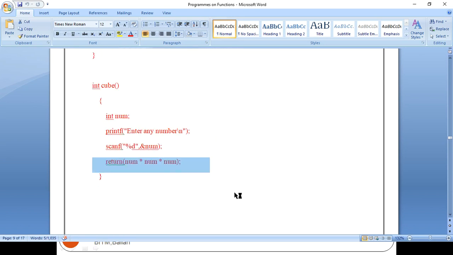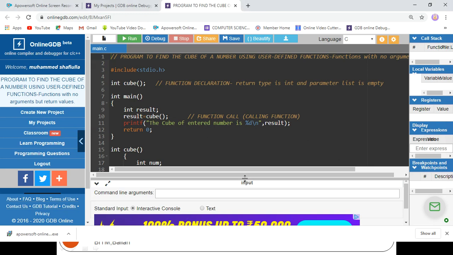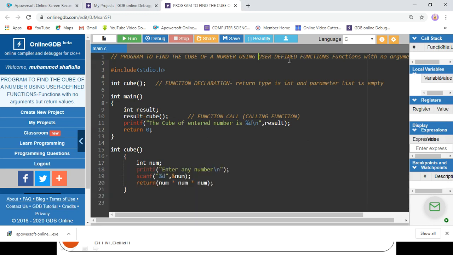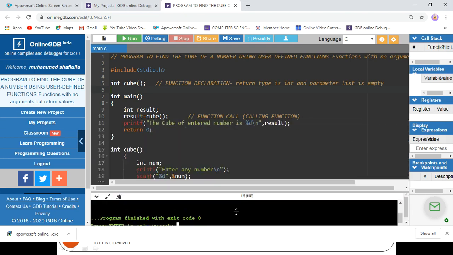Finally it will print. Let us run this code. Same code to find the cube of a number using user defined functions, functions with no arguments, but with the return value. So I get enter any number, I give 4, and it says cube of entered number is 64.